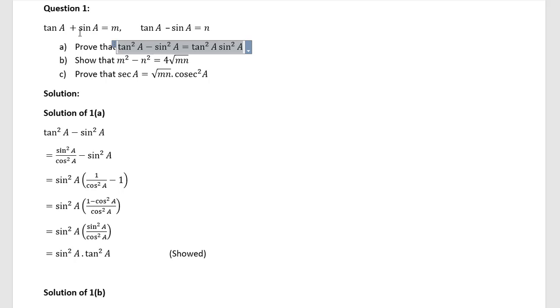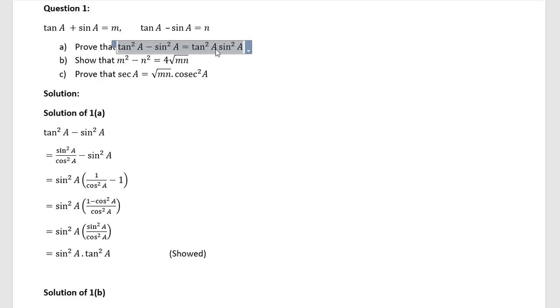So sometimes we don't need to use the stem for answering the first problem of our creative question pattern. So in this question I have to prove that tan square a minus sin square a is equal to tan square a into sin square a. So we don't need to go to the stem here, because there is no m or n in the question,